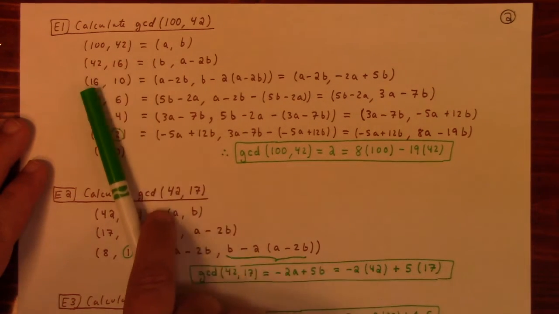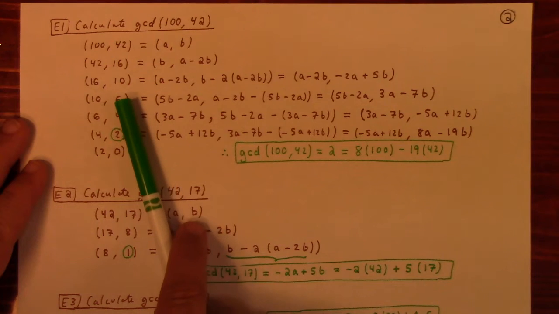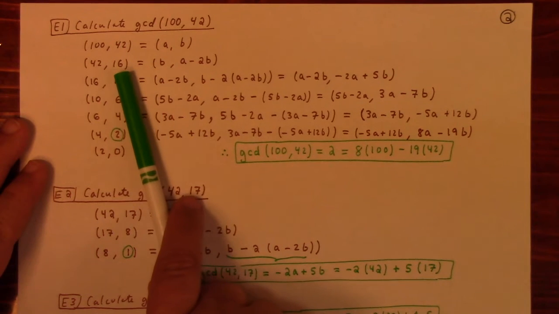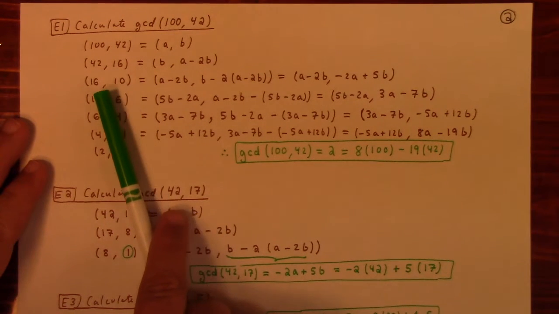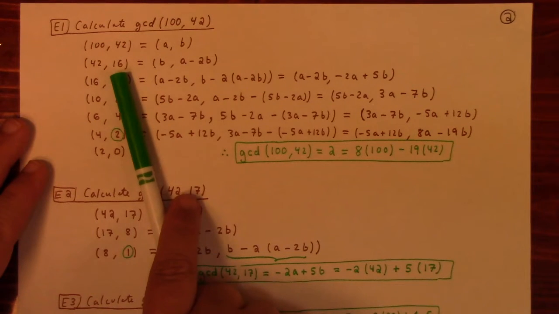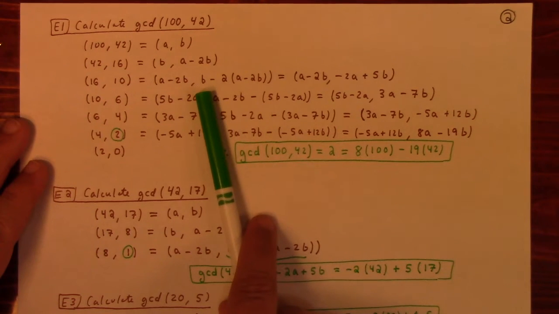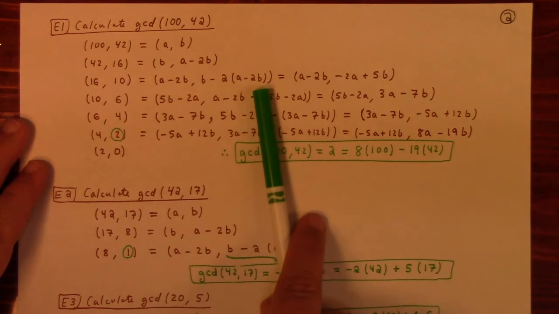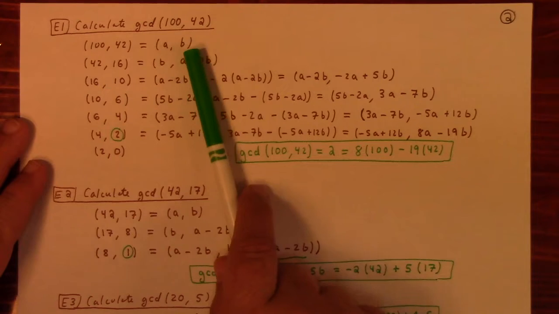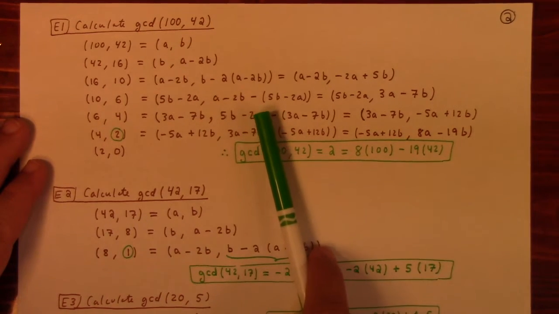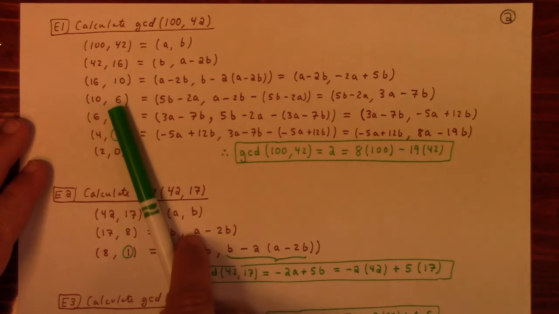Then we bring the 16 down, and we bring the A minus 2B likewise down. And now we're looking at 42 divided by 16. Well, that has a remainder of 10, right? And how do you get 10? Well, you get 10 from 42 minus 2 times 16. So that's why we have over here the B minus 2 times that. It just so happens both of these have minus 2. Both of these are involving subtracting 2 copies of the thing before. That's just a quirk. All right, and then we bring the 10 down here and put a, why do we